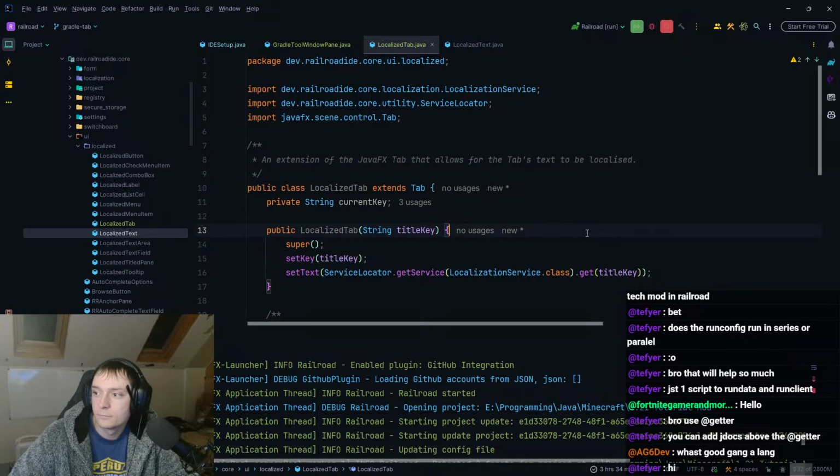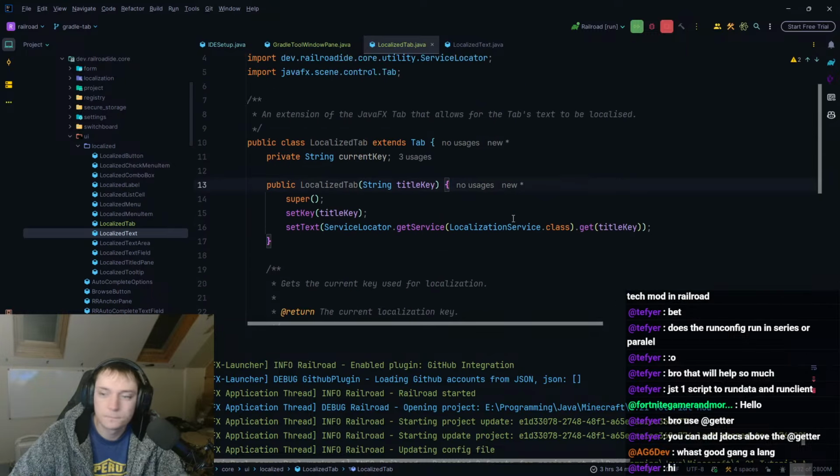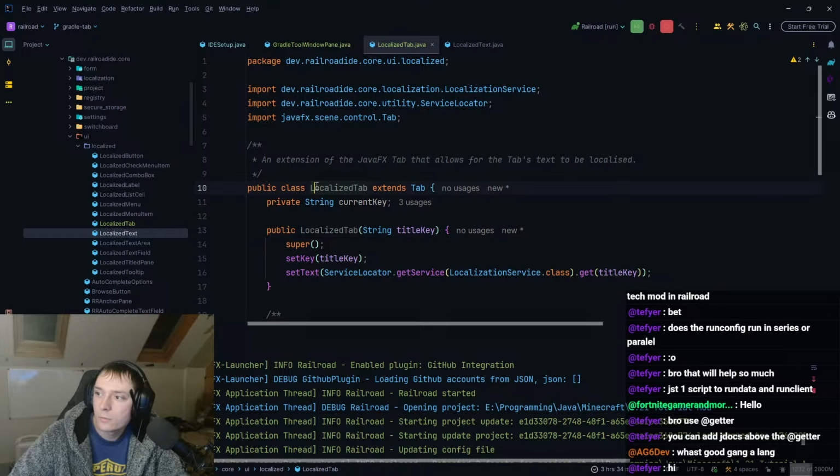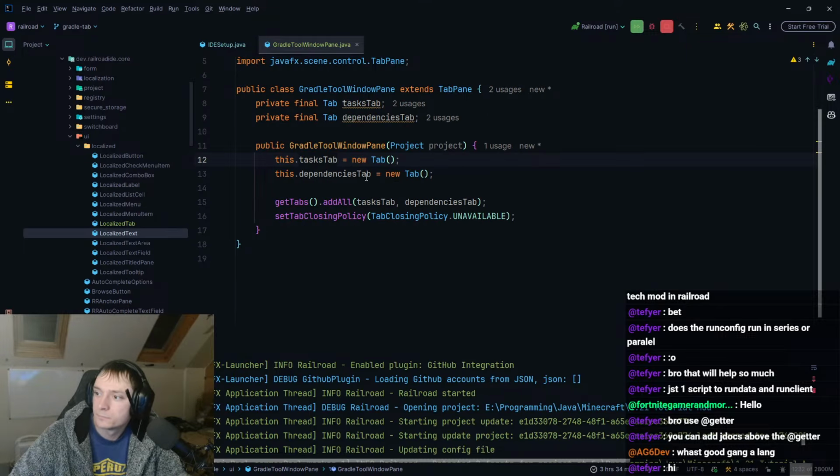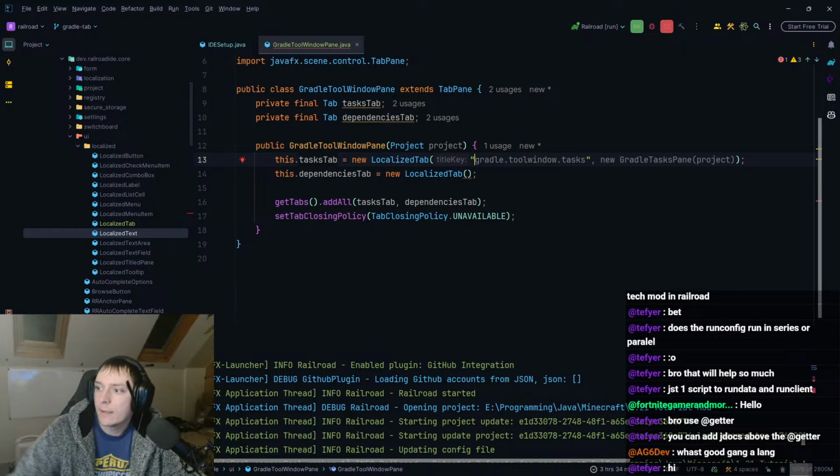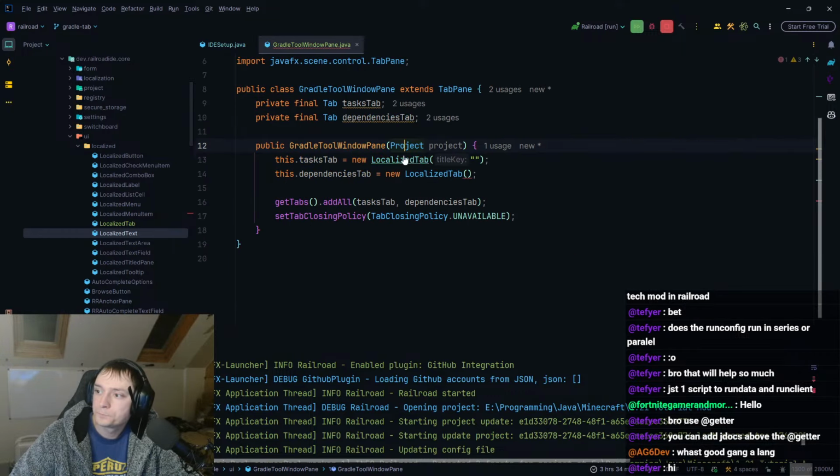Sure. Whatever. That works, I guess. So now we have a localized tab. Okay, so these can now be localized tabs, and we can pass in our key. The other thing I will do, though,